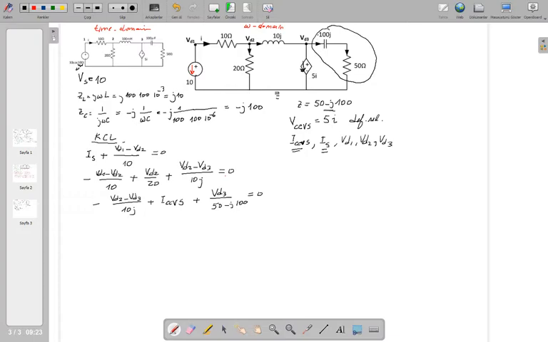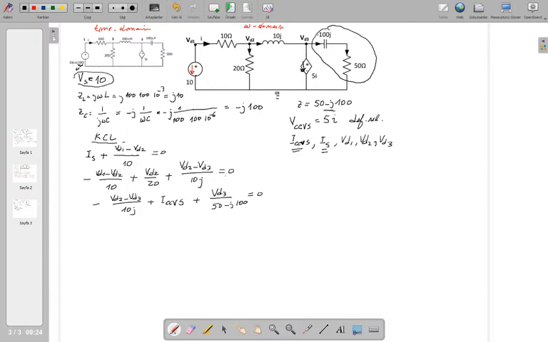So for IS, how am I going to write the supplementary equation? The answer is simple. You are going to use the definition relation of this element. This element is an independent voltage source, and the independent voltage source definition relation is here. If you write this, it is not the proper supplementary equation. Why is that? Because this voltage is not in terms of node voltages. So you're going to transfer that Vs to node voltage, easy.